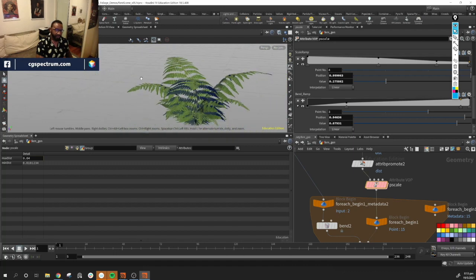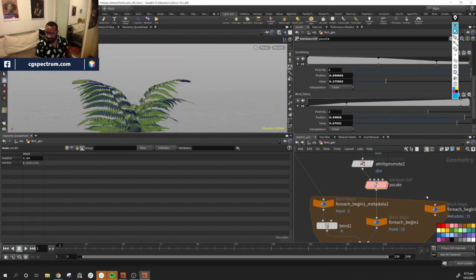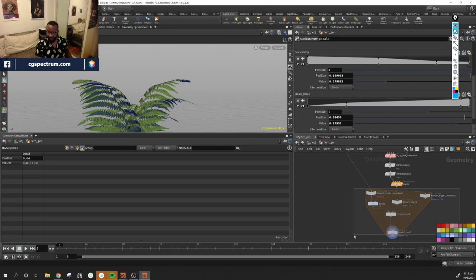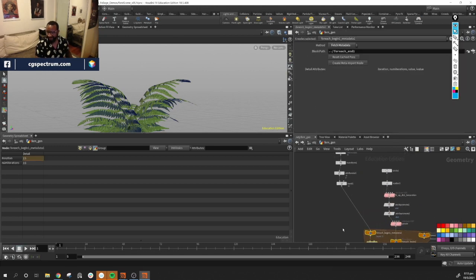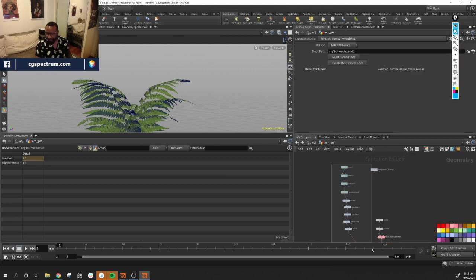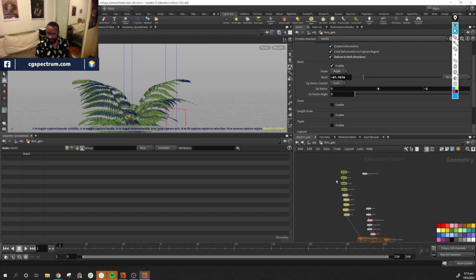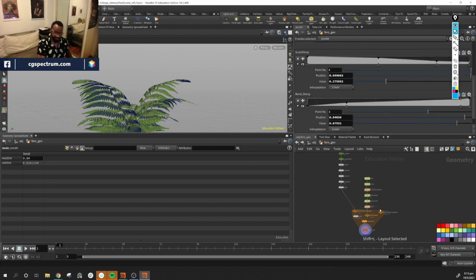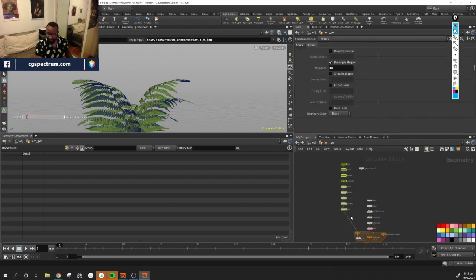Okay. So I think that's good enough for now. That worked out way better than I thought it was going to. Luck of the draw. Sometimes things work. So let's just clean this up real quick. Shift L, line those up. Shift L. The only thing I kind of, from an aesthetic standpoint, the only thing I really don't like about